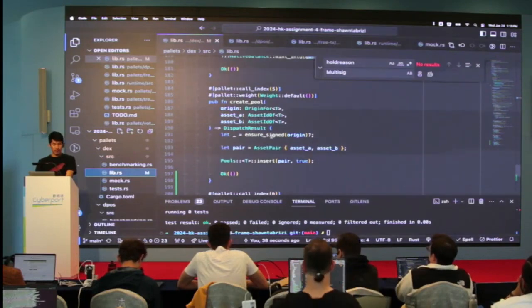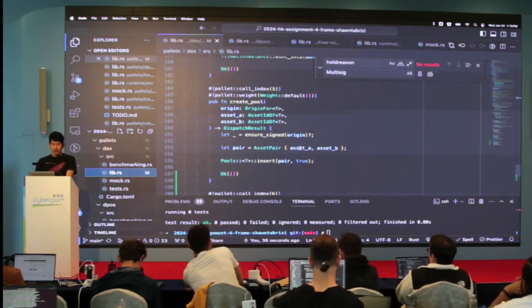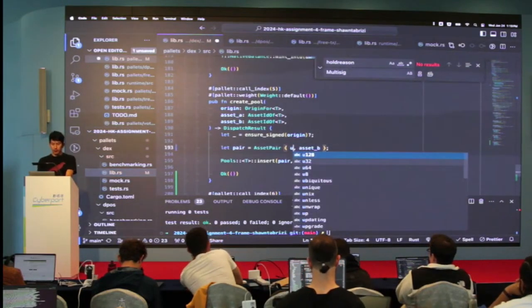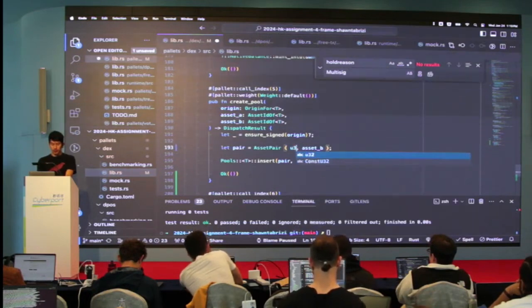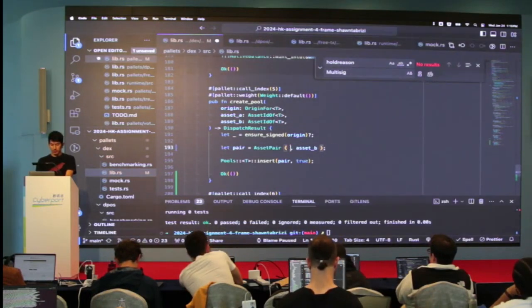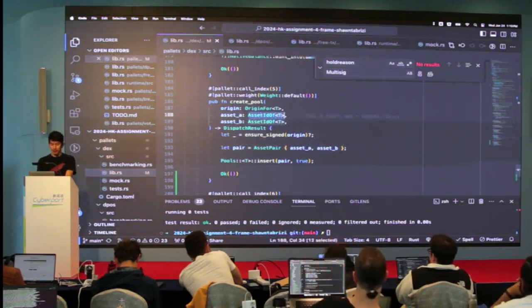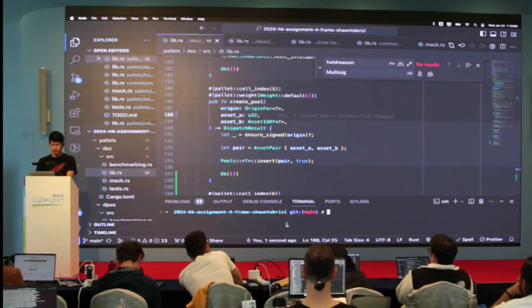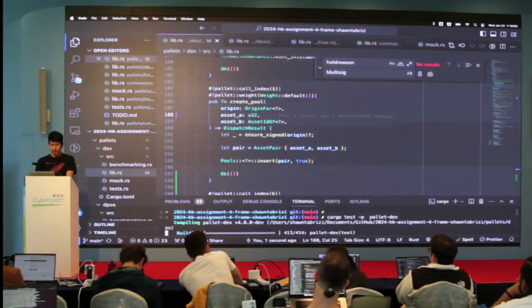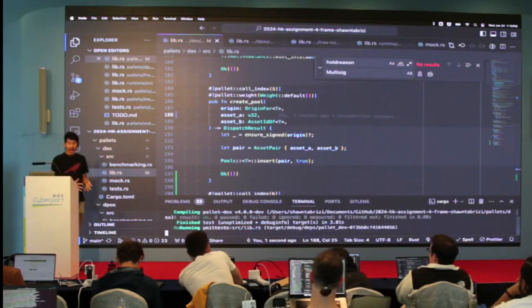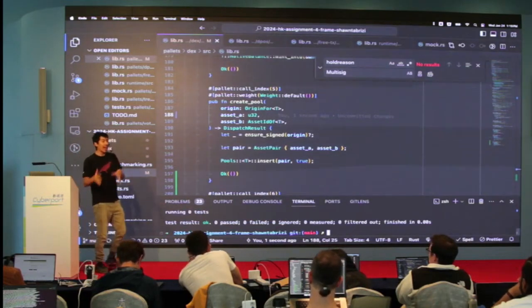This asset pair. I could just put here U32, or 0 U32, or here, let's do this. Instead of this AssetIdOf, I can just put U32. And it compiles because I have just defined AssetIdOf as equal to U32.